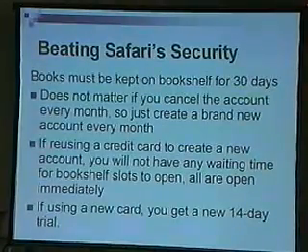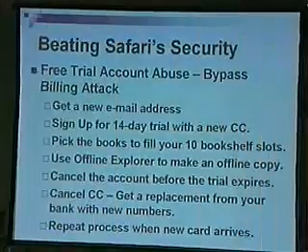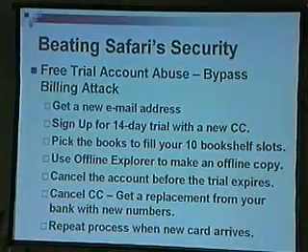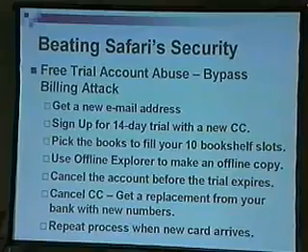If you're reusing a credit card, you won't get the free trial, but again, all the bookshelves are open. And if you do use a new card with a new number, even if it's on the same credit card account, but you got a new card, you get a new 14-day trial. So using that, you can do free trial account abuse: get a new email address because they use the email address as your login, sign up for a 14-day trial, pick the books you want.